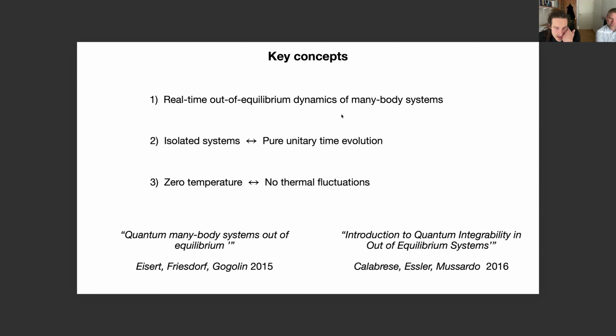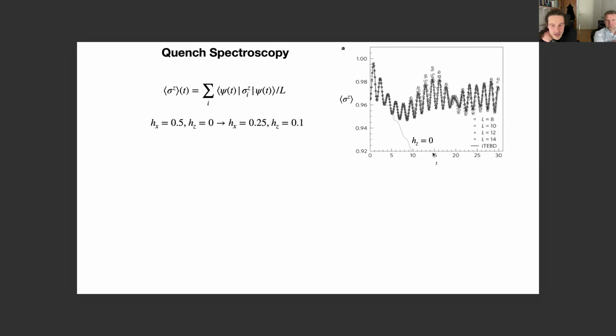Essentially, what happens is that usually in the Ising model without the longitudinal field, which is exactly solvable, the local observable will basically just relax exponentially. But then, we are performing a quench, these are the quench parameters, but we are not quenching outside the ferromagnetic phase, so we are in the ordered phase, but we switch on the longitudinal field, and what happens is that the local observable develops